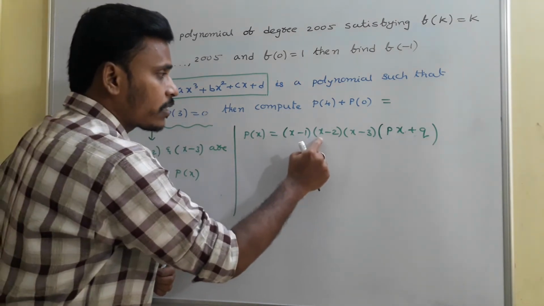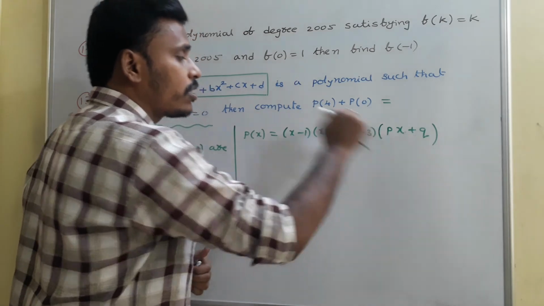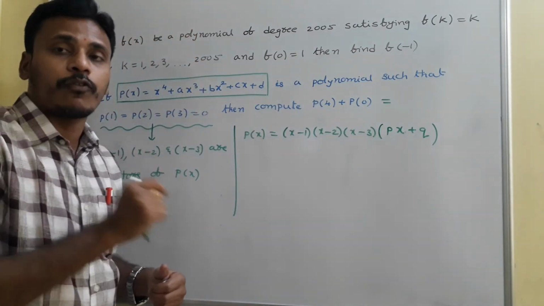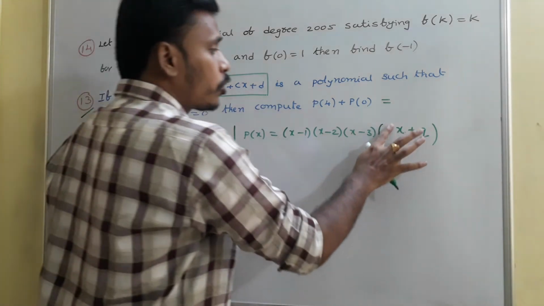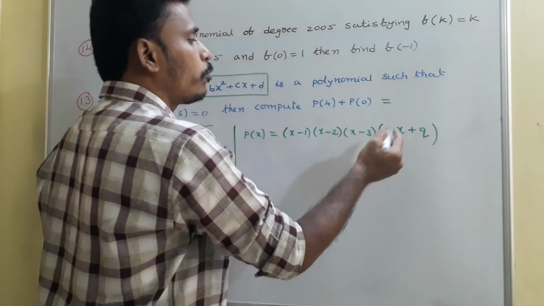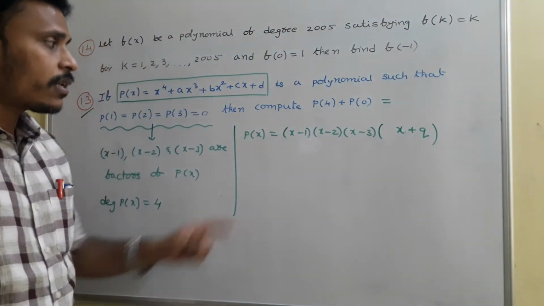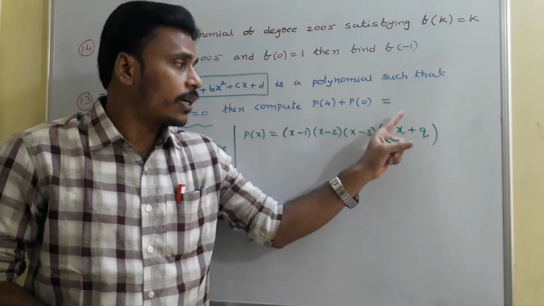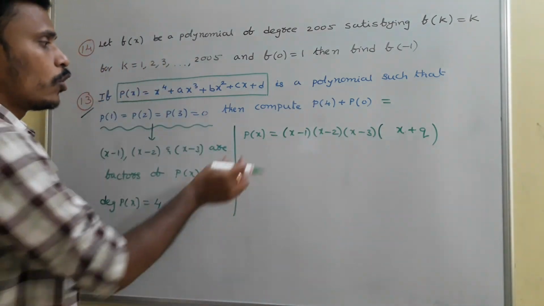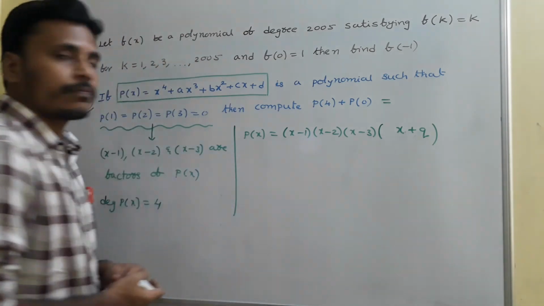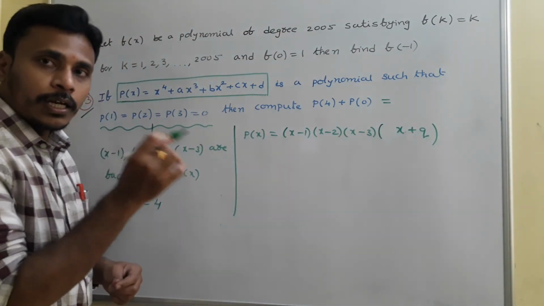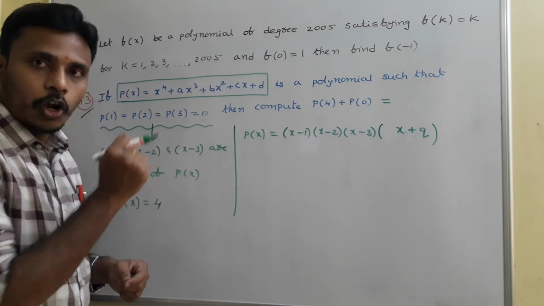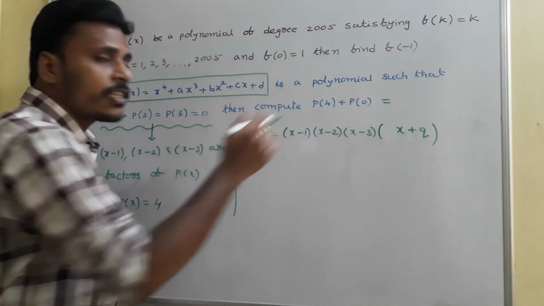But the coefficient of x power 4 is 1. X into x, x square into x, x cube into this term will give you px to the power 4. So since x power 4 coefficient is 1, for sure that p should be 1. In the sense, since these three are the factors, that fourth factor is x plus q, so P of x is this one now. So deciding P of x like this is a very logical trick here. So now this is P of x.